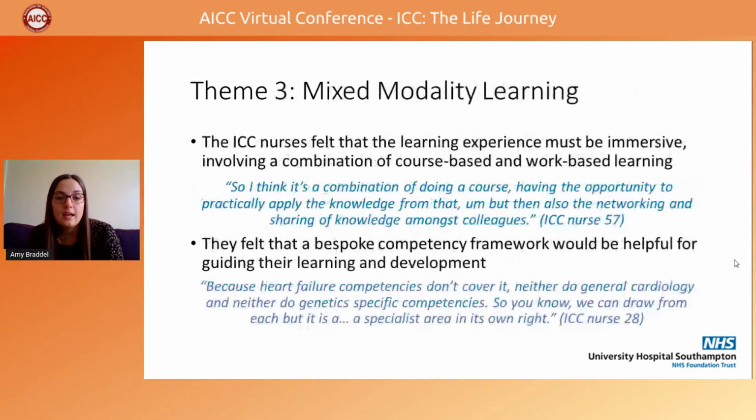Theme 3 looked at mixed modality learning. So the ICC nurses felt that their learning experience must be immersive, involving a combination of course-based and work-based learning, and as well support from peers was really important. So I think it's a combination of doing a course, having the opportunity to practically apply the knowledge from that, but then also networking and sharing of knowledge amongst colleagues. So it's really that whole combination, that immersive learning environment that the nurses felt was needed for their training and